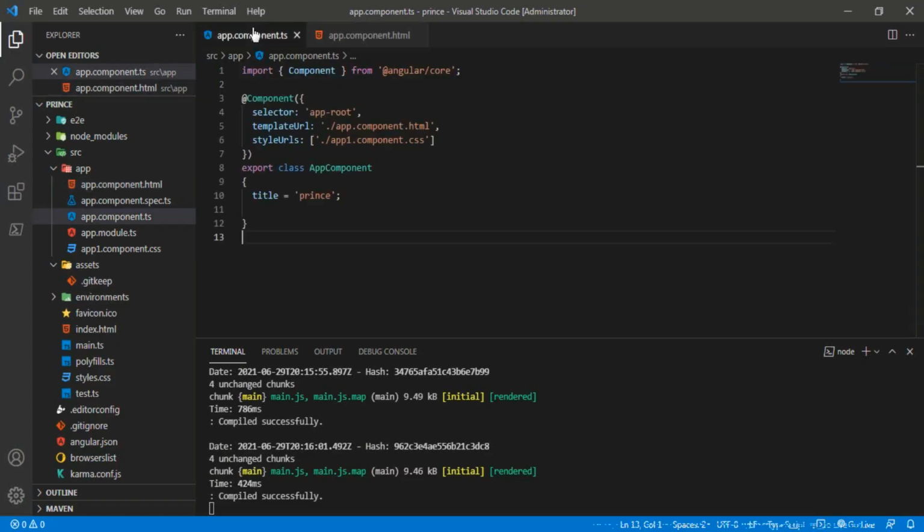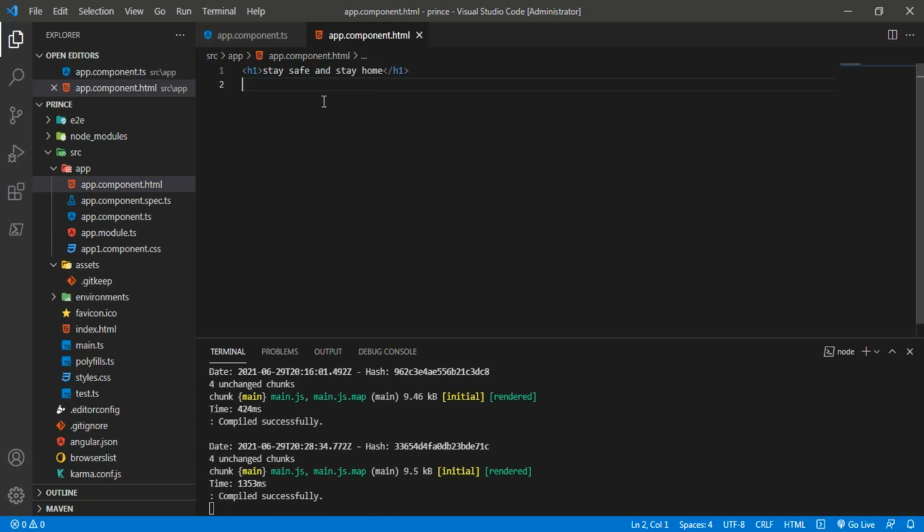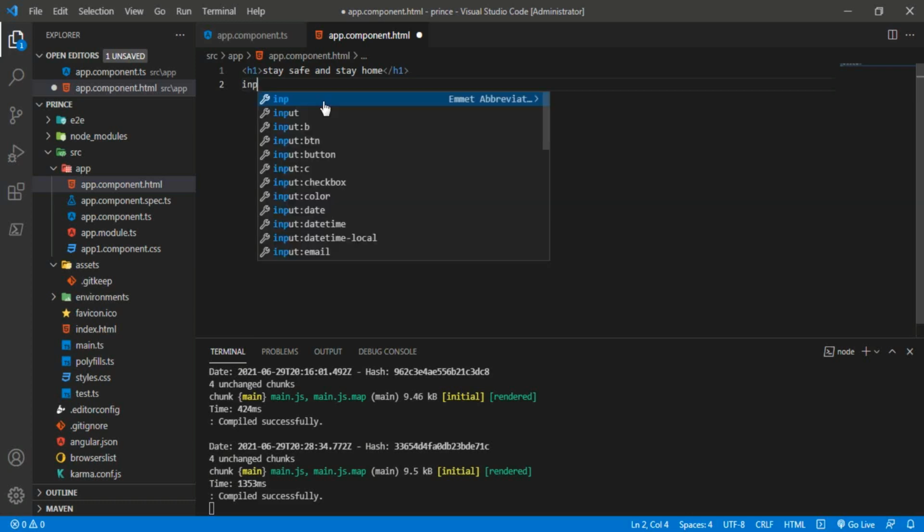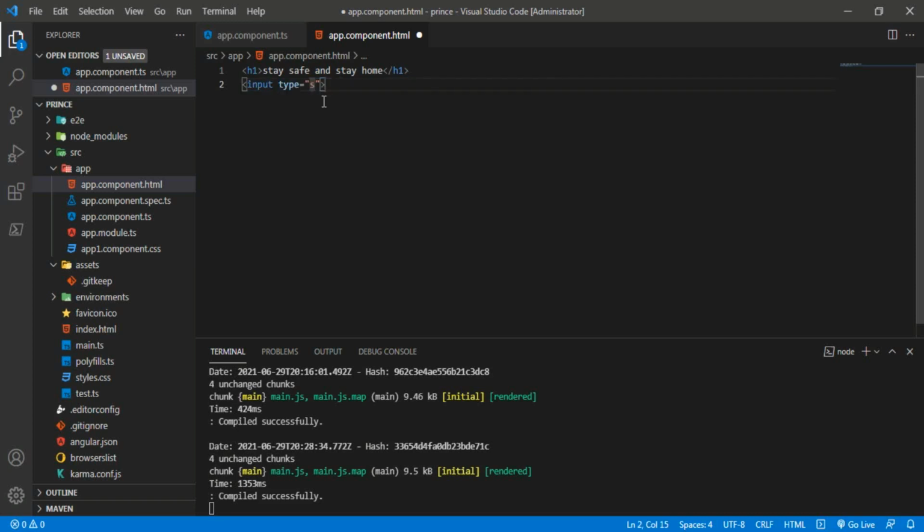So for that, I will declare one variable called val and give it some value. Save it, and in HTML I will declare an input element, and type will be submit, and value initially I will give nothing.